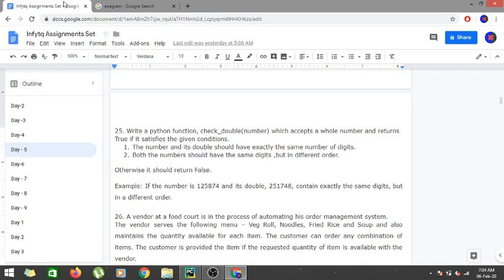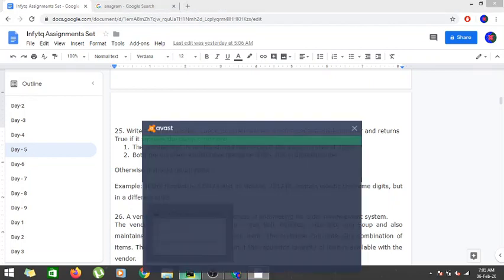This is the same in this particular case, but this is for numbers. So we would be performing the same operation, converting the number into a string, and checking whether both of them are anagrams of each other or not. So in this problem, you will also come to know how to check whether two strings are anagrams of each other or not. So let's go to our PyCharm console and